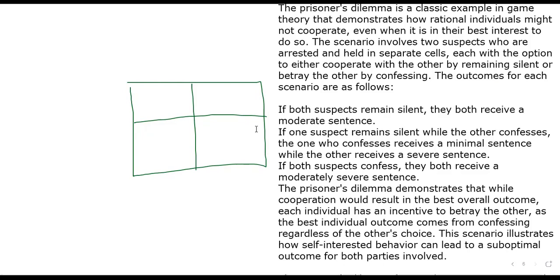So prisoner's dilemma gives a demonstration of what happens when firms cooperate in the best interest of the overall outcome, and also what happens when one of the firms decides to betray the other to obtain their best individual outcome. Whereas the other one gives you an outcome regardless of the other one's choice. So this scenario is what gives us the game prisoner's dilemma.